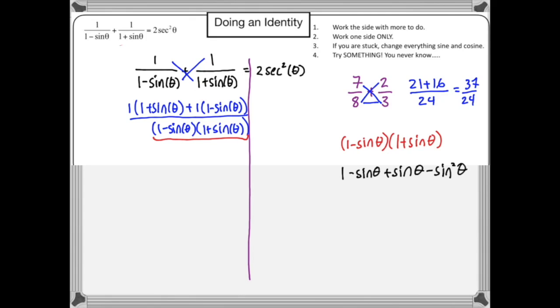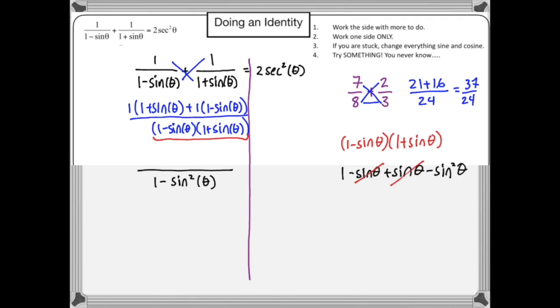Okay, there it is, all FOILed out, and it looks like the center is going to go out, and I end up with, on the bottom, 1 minus sine squared theta. So let's go back and write that. So now I have this large division bar, 1 minus sine squared theta, all over,